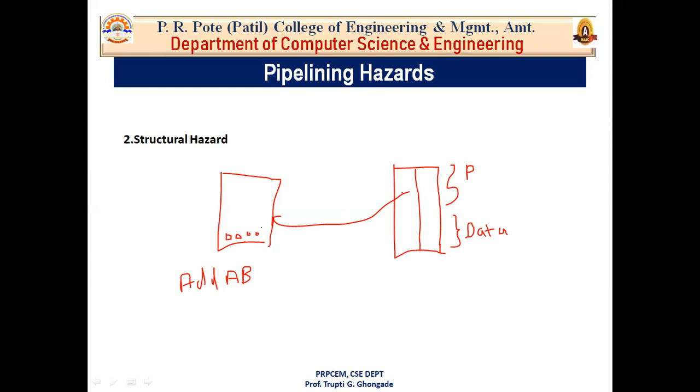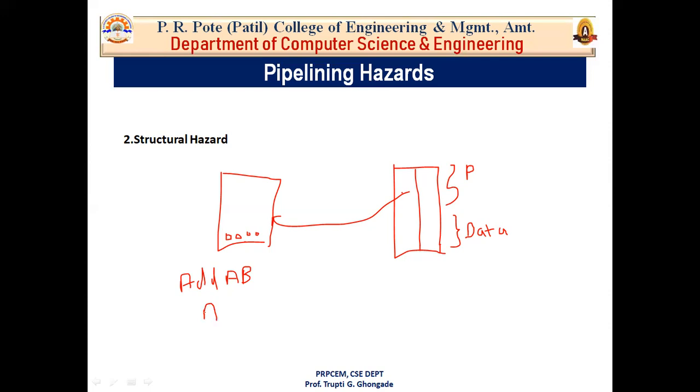Now your bus is free and your data is already available inside the processor. Execution is also done by the arithmetic and logic unit, which is in the processor. So execution is done inside the processor. Here you are not requiring the buses. Okay, that means your buses are free and side by side you can fetch the next instruction. Okay, this is the basic concept of pipelining, what we expect. But that does not happen all the time.